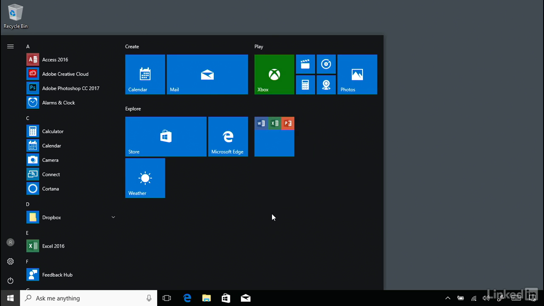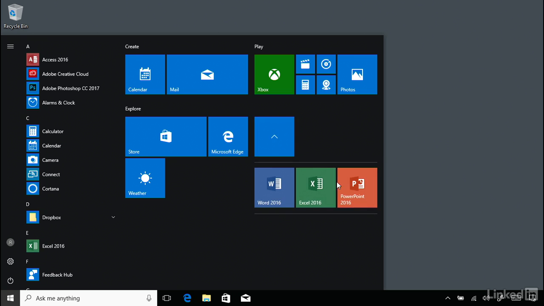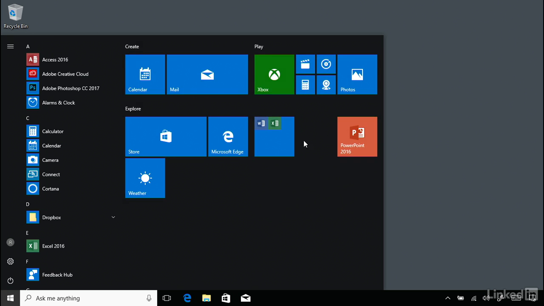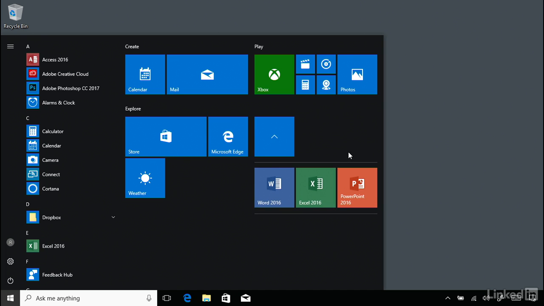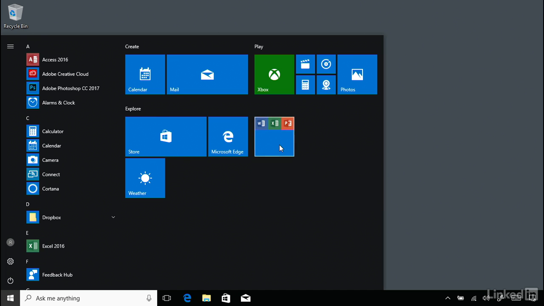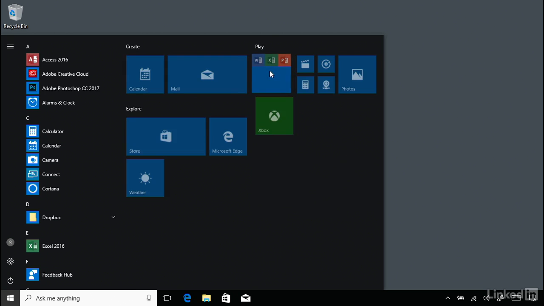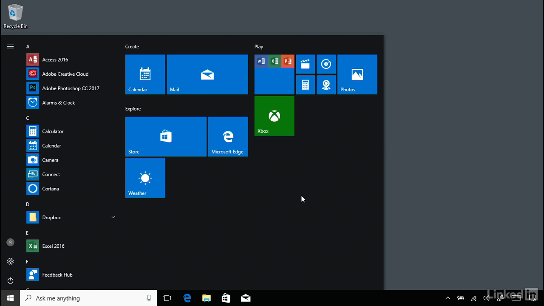So I can open and close it from here. And if I want to remove a tile from that folder, I can just open it up, grab a tile, drag it out, and let go. But I do want that back in the folder, so I'm going to drag it back over here. So now I can treat this folder just like any other tile in my Start menu, and I can move it around. So I might want to have it up here, so I'll position it there,